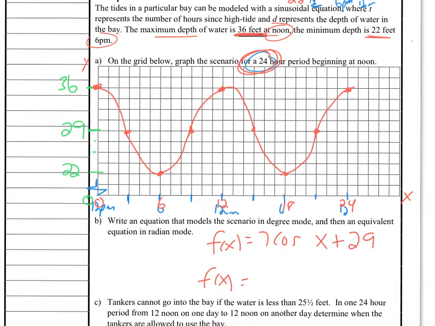So the last thing we need to figure out is what is the frequency? Well, the frequency is equal to 2 pi over the period. And you need to know the definition of period. Okay? The definition of period is the length of one cycle. How long is one curve? Well, 2 pi over 12, because that's the length of one curve, is 12 units. So 2 pi over 12 becomes pi over 6. You can totally leave that